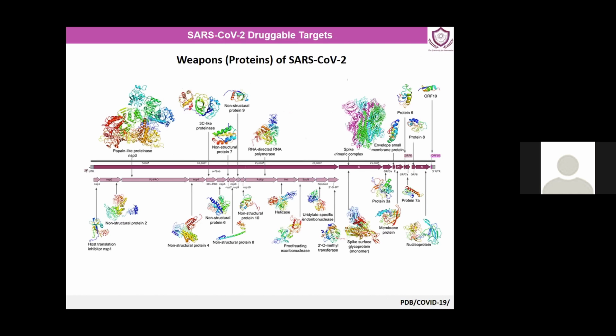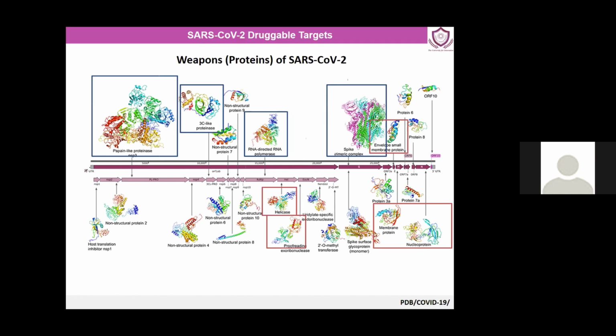In this ongoing pandemic, there have been a lot of modeling efforts by different groups of people, who have tried to solve different structures. For the spike protein also we have many structures available, maybe at different resolutions and in different complexes, maybe complexed with the RBD domain, or complexed with ACE2, or proteases complexed with many small molecules. There are a lot of structures available. I just counted about 10 days back, and there were more than 1200 structures available in the PDB from the recent one year for this SARS-CoV-2.